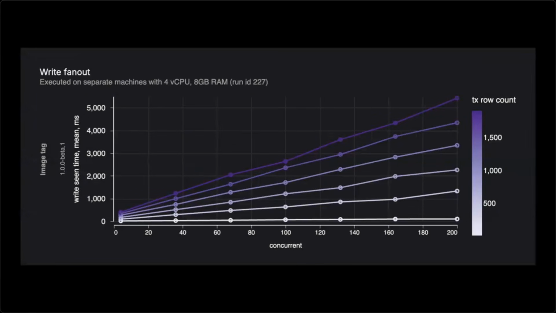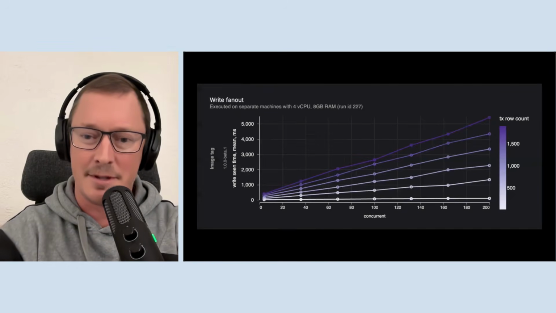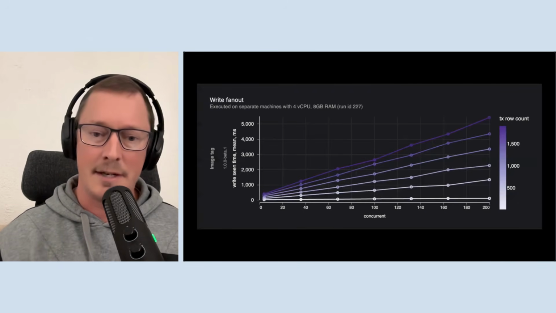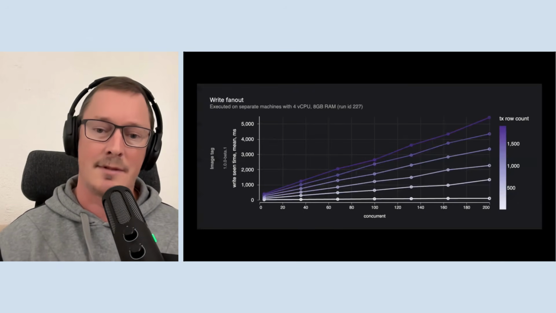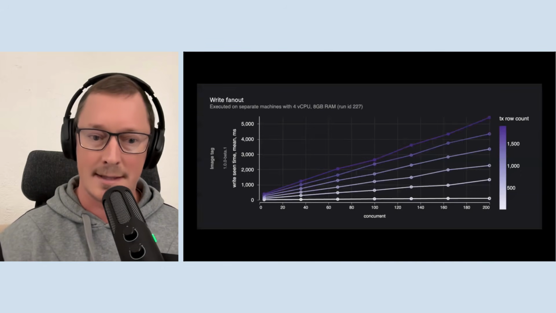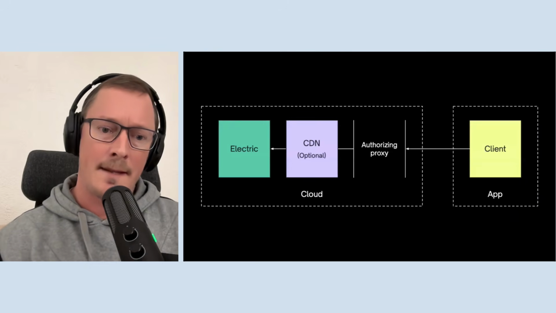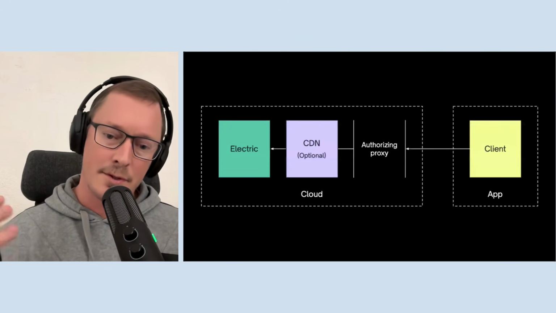And so this demonstrates, again, that it's relatively linear in terms of the number of concurrent shapes that you're writing to. And there are some trade-offs here that I'm happy to go into depth on in Q&A if it's useful. But basically, what I wanted to get across is that we've engineered this core Elixir service to have zero surprises in the way that it scales and uses compute resources. And that's the core server itself.